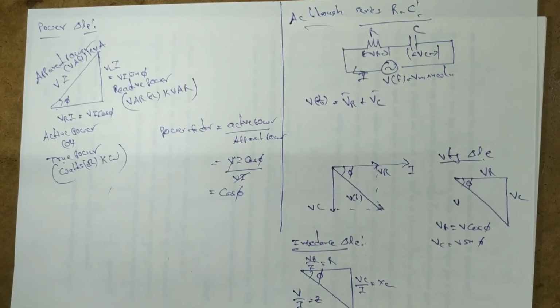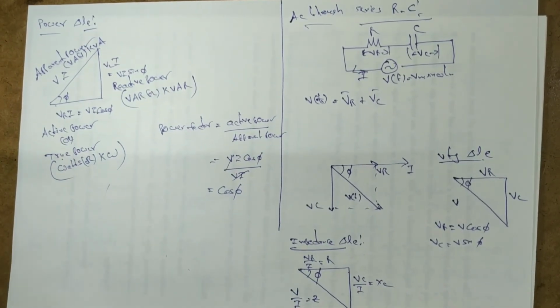And in this also the same power triangle will come. So the powers will be common and the power formulas will also be common. But the shape is a downward triangle, and the remaining analysis is common.